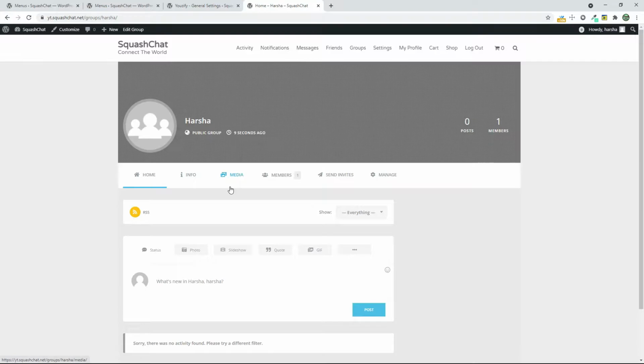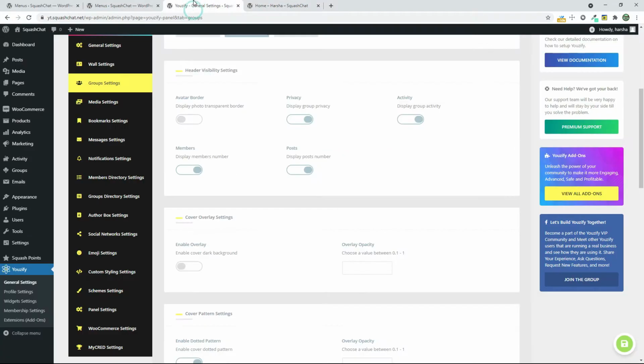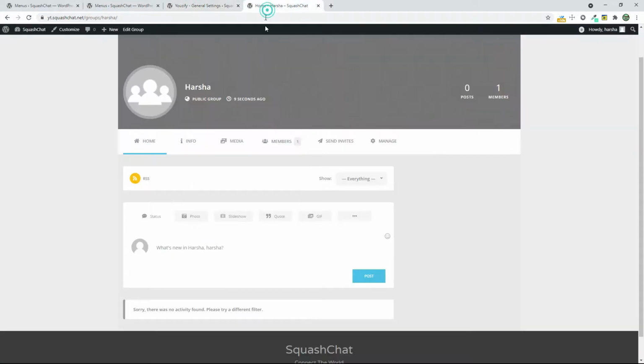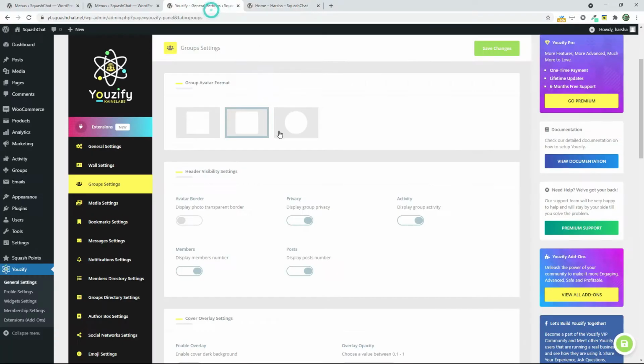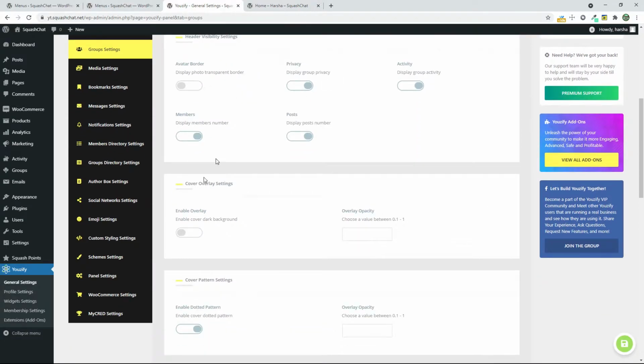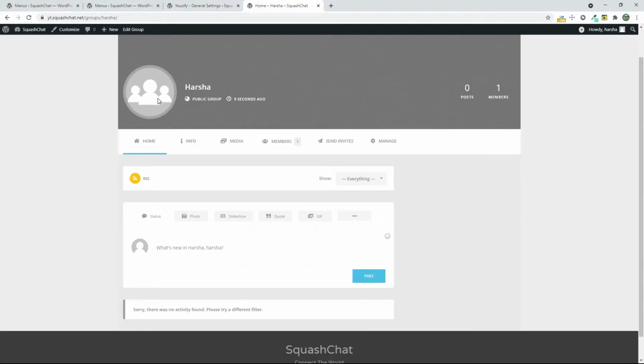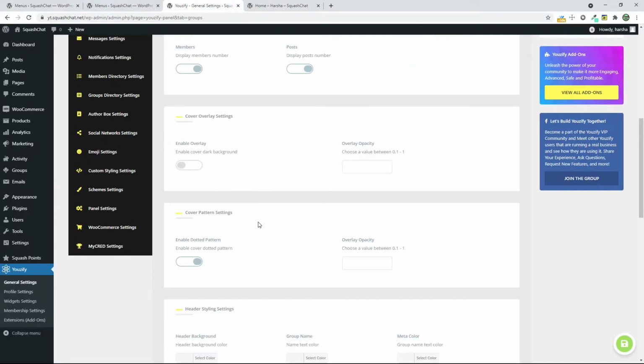Now you can see this is the group, and here is a circle one. I'm going to give this rounded rectangle. Sorry for the confusion, really. I'm making small confusions. And I want to unhide this one, the dark background overlay, and the dotted